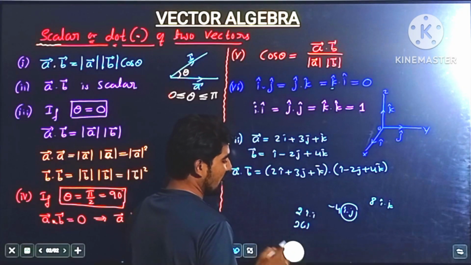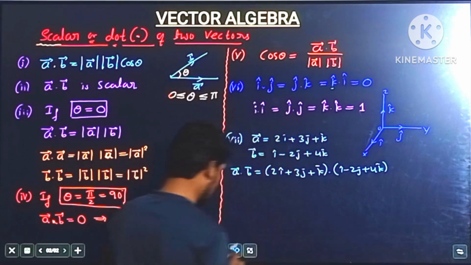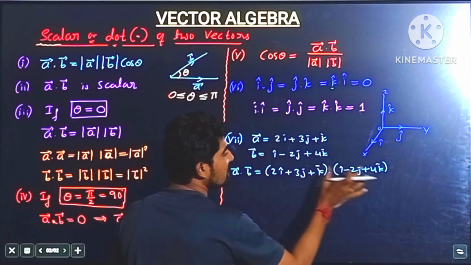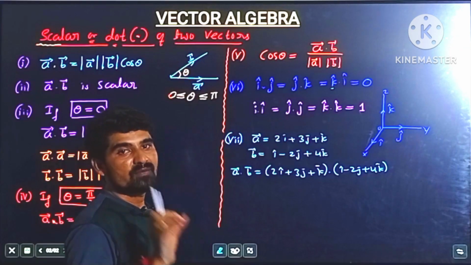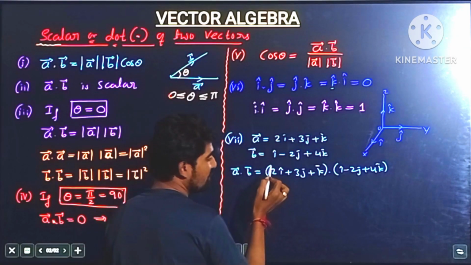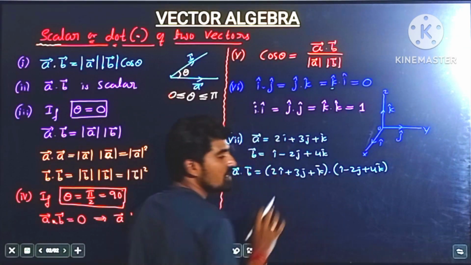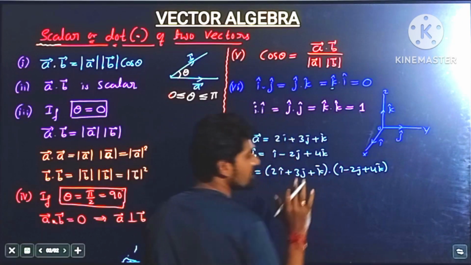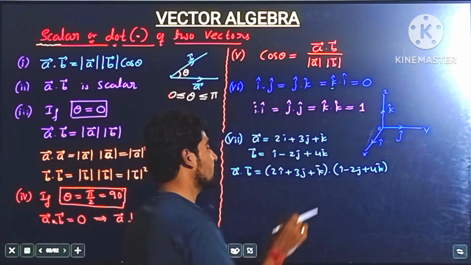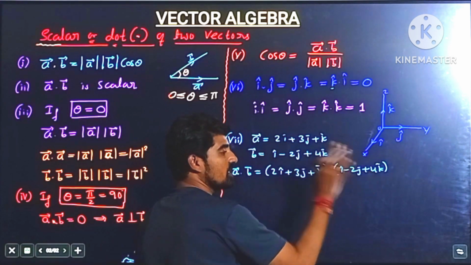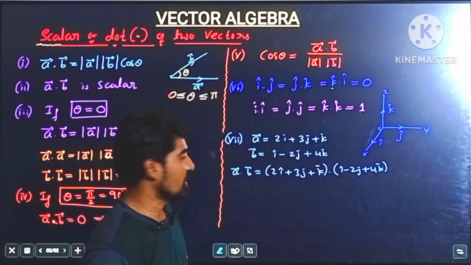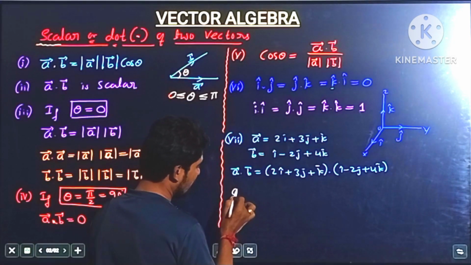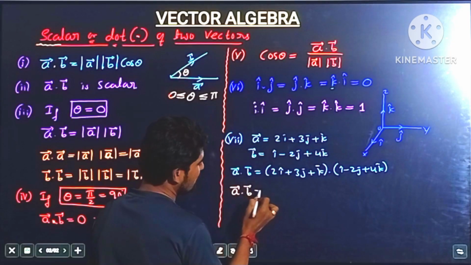So it means that to find the dot product of any two vectors, no need to multiply each and every term of the first vector with each and every term of the second vector. We just multiply the coefficient of i in the first vector with the coefficient of i in the second vector, and the coefficient of j in the first vector with the coefficient of j in the second vector. Similarly, the coefficient of k in the first vector with the coefficient of k in the second vector. Therefore, the value of A vector dot B vector is equals to